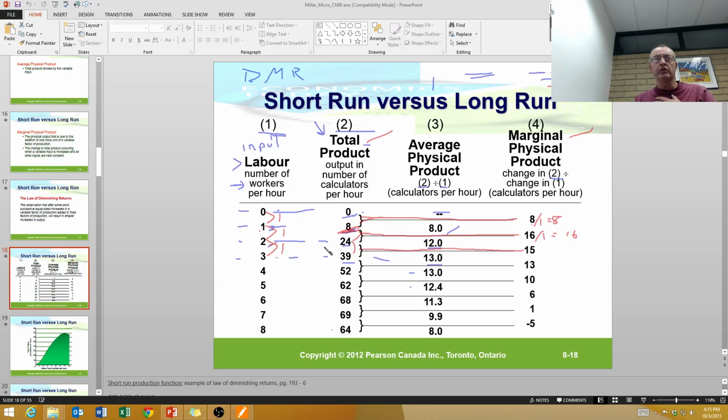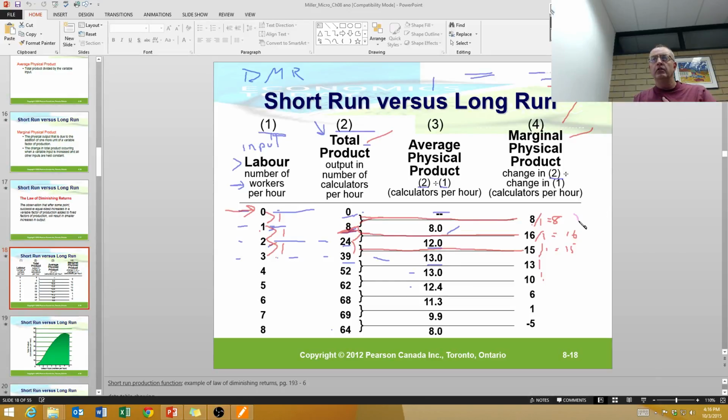Or how many extra workers did we hire? 1. So 15 divided by 1 equals 15, and so on. So when we look at this marginal physical product, we notice a pattern. We notice when our total units of input are low, we go through this